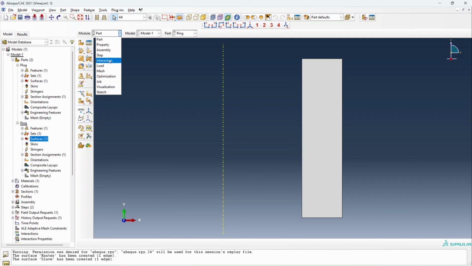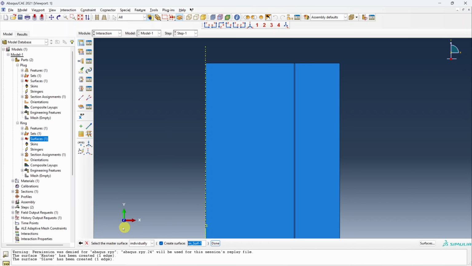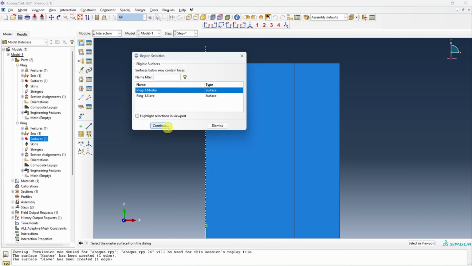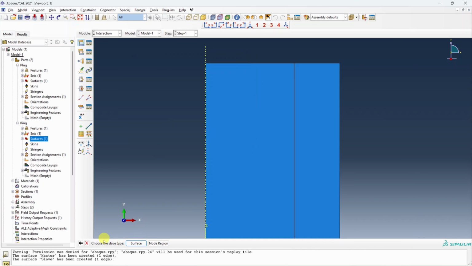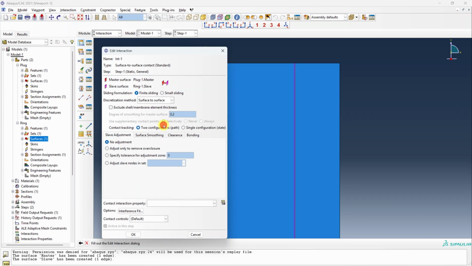That's all. Let's go back to interaction and create one surface to surface contact interaction. Say continue. Now we have to choose the master surface. Go over here in surfaces and choose the master surface. Say continue. Then choose the slave type, again surface, and then choose the slave surface. You can keep everything default over here, but I'm going to change this to small sliding, and then let's create